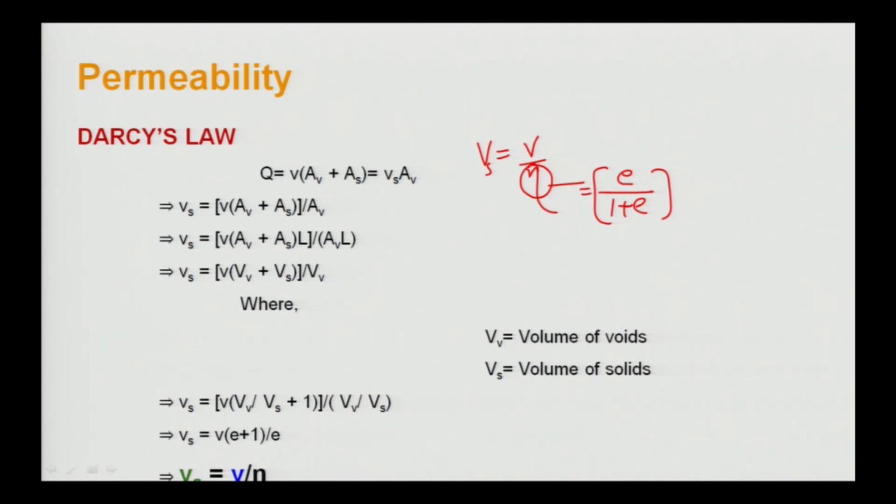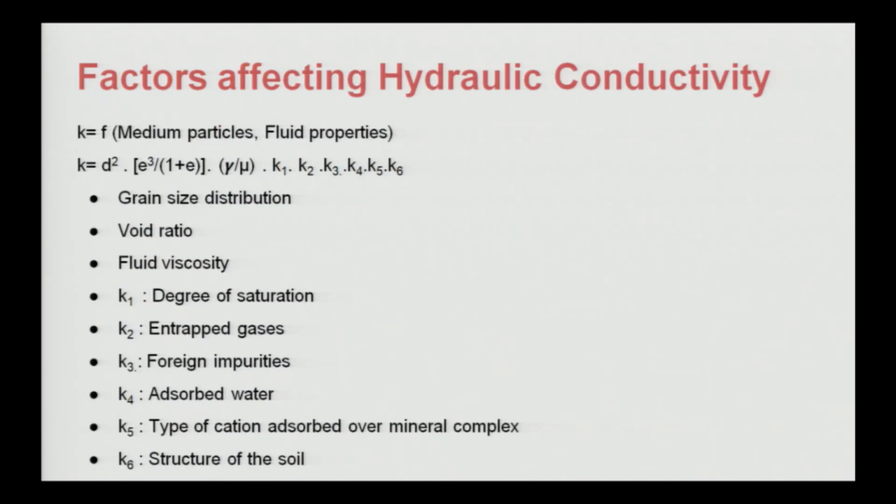Also understand here that the seepage velocity Vs is greater than V, obviously, because the porosity value is less than 100%. So, this fraction, having a lesser value in the denominator, will be making the entire fraction greater than the V value. So, obviously we can say numerically also that Vs will be greater than V. Now, we will be moving on to the